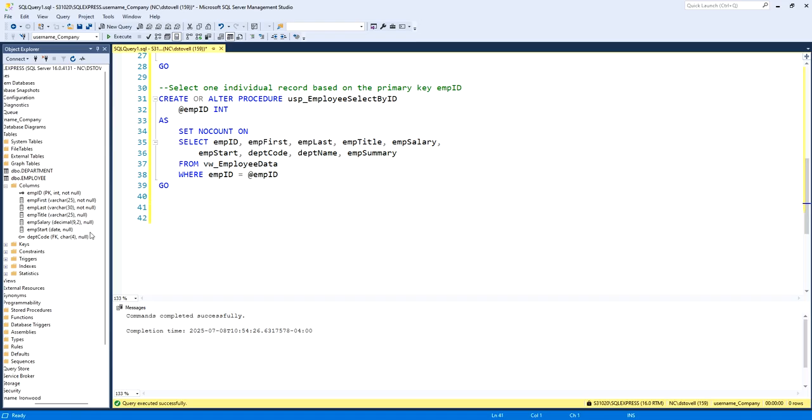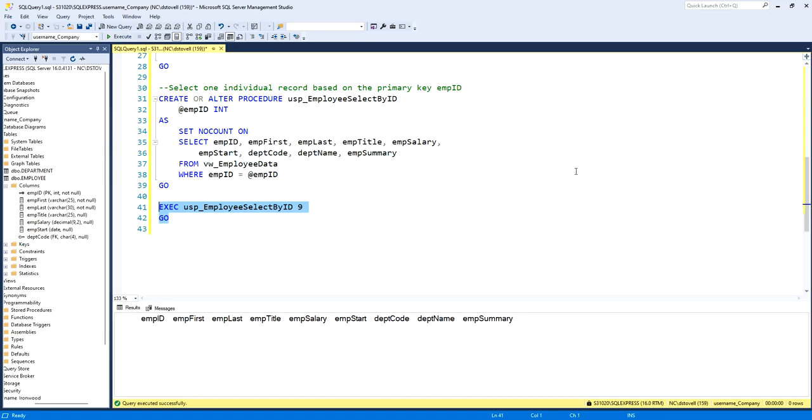We're on a roll. Okay. Now, let's try executing it. Anyone guess what's going to happen here? I have no data. Why? There is no employee ID 9, right? This is 1, 2, up to 8, right? But I just wanted to point out here, if you look in the bottom, okay,